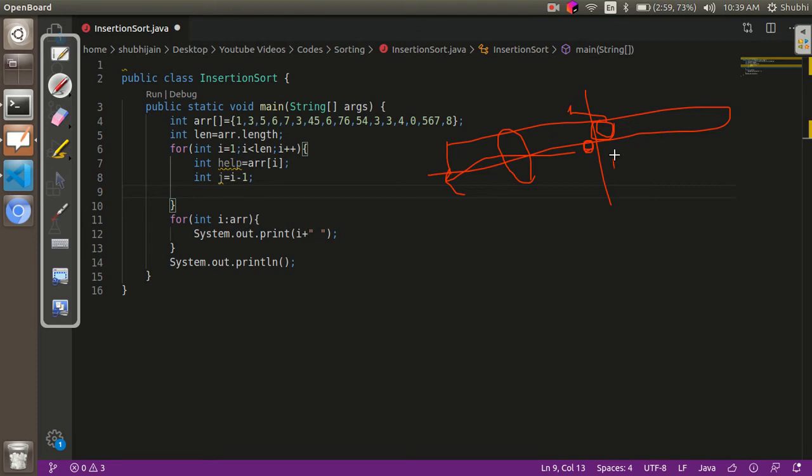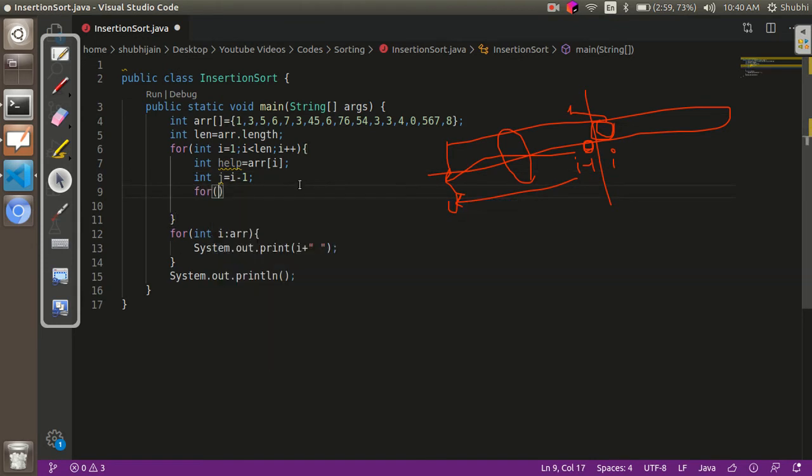So if this index is I, we have to iterate from I minus 1 up till 0. So over here we'll have j equals I minus 1. So j will be pointing over here at the last element of the first half, and we are going to iterate unless and until j is greater than or equal to 0, with j minus minus.